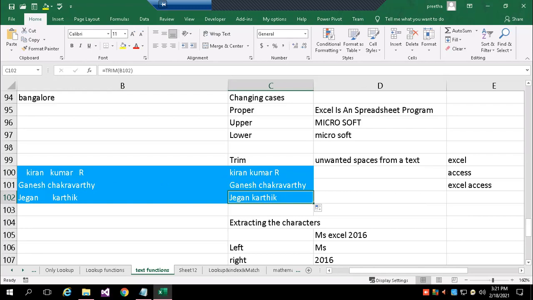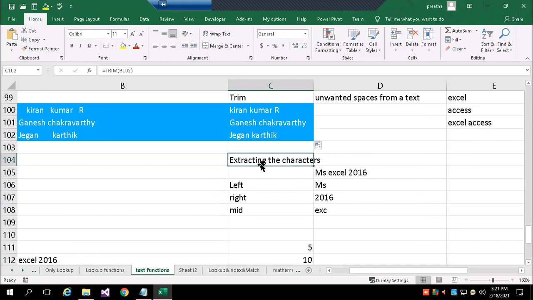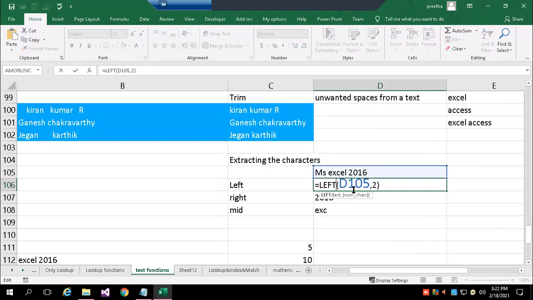Okay. Next, extracting the characters. Under this, LEFT, RIGHT, and MID. Left means extract from the left side of your string. So D105, this is your string. From this, you wanted to get two characters from the left side.